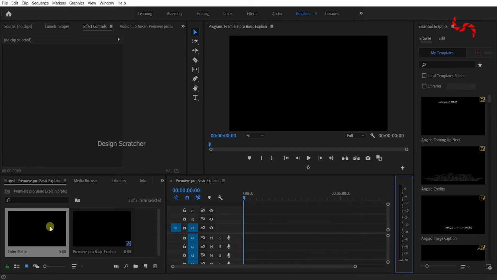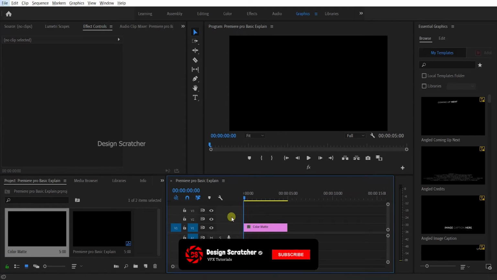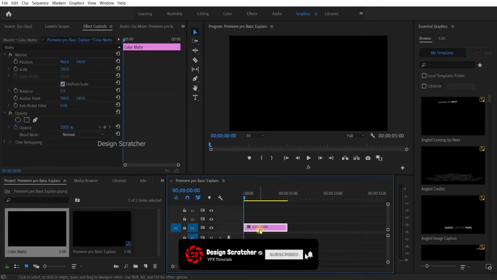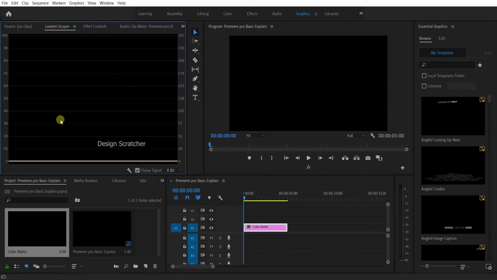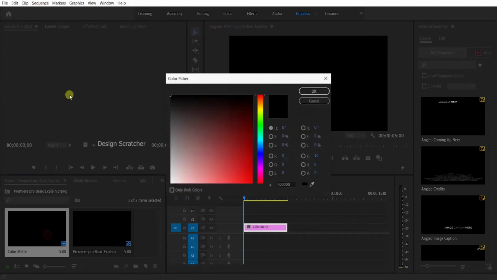And change for that and drag it to the timeline. And zoom to your preference. This is where the effects will be added. Then click it, then Effect Controls will be seen. Lumetri Color will be added, which you can check here. So for the source clip, double tap to enable it here.